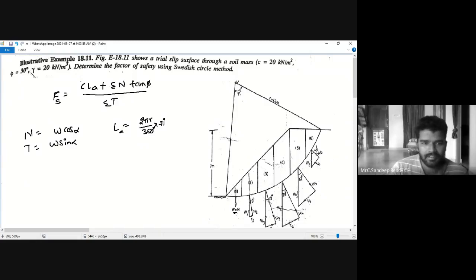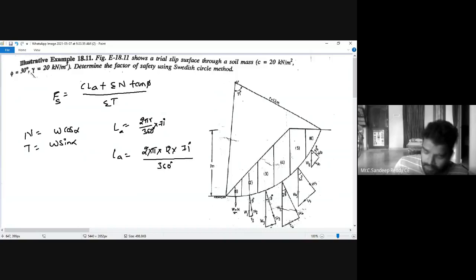Let's see that later. Then calculation of La, 2 pi r. What is r given in the problem? That is 12 meters. Okay, which is showing on the figure. R is equal to 12 meters, and by 360 into 71 degrees. 71 degrees is the angle made by the end points of slope with respect to the center O. With respect to center O, right? So if you find out L is equal to 2 into pi, R is equal to 12 meters and into 71 degrees, whole by 360 degrees.